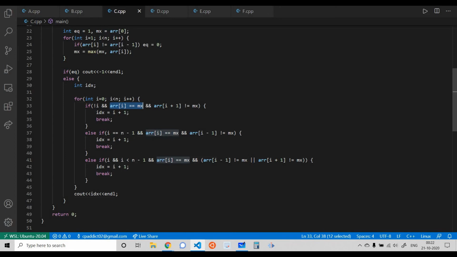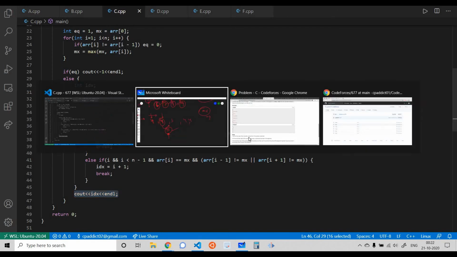So that is what I'm doing. This is for when I'm talking about the first piranha of my aquarium. This is for the case when I'm talking about the last piranha of my aquarium, and this is for all the piranhas which are in between the two endpoints. I'm just simply printing out the index of that particular dominant piranha. That's all for this question.